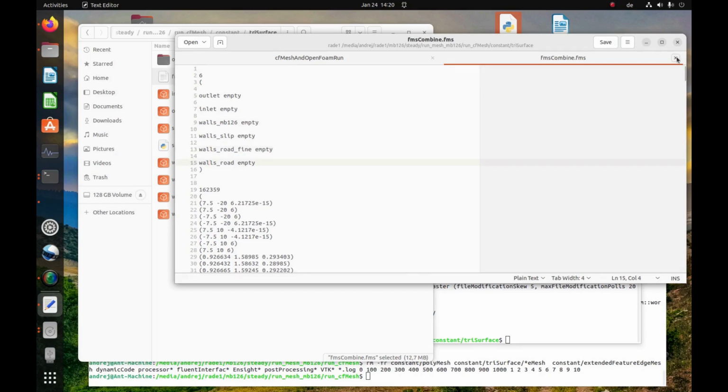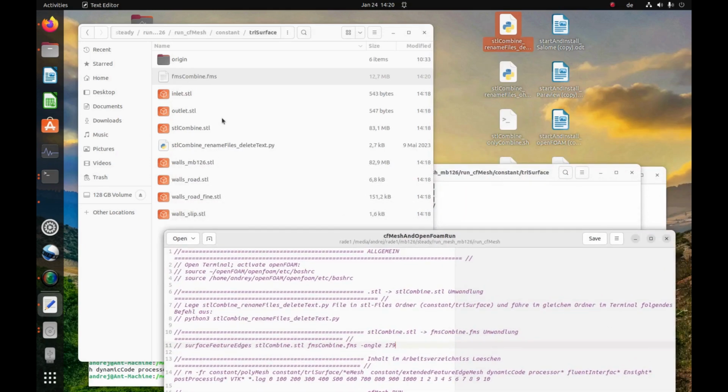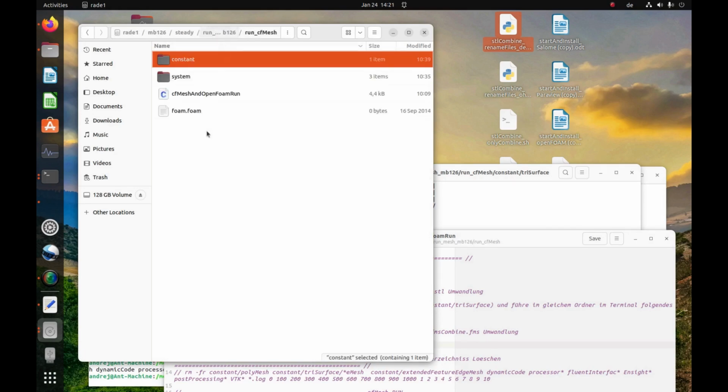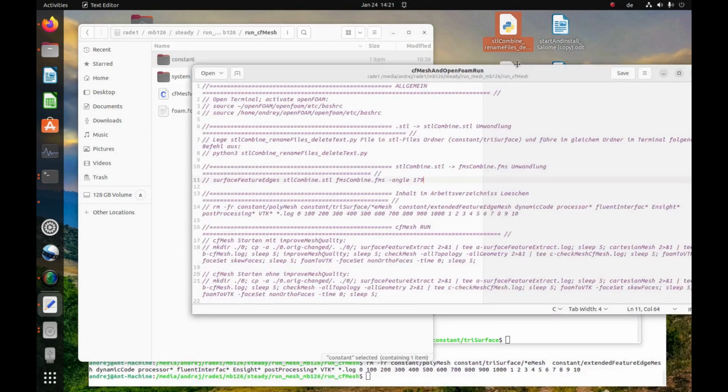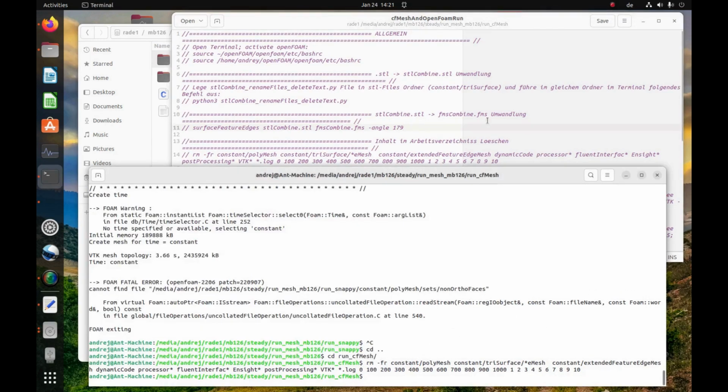So let me close it, and now we are able to start cfMesh, because for starting we need to have the fms combine fms file, and then I close this terminal and run the